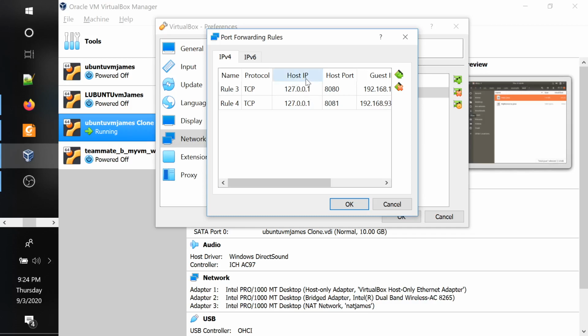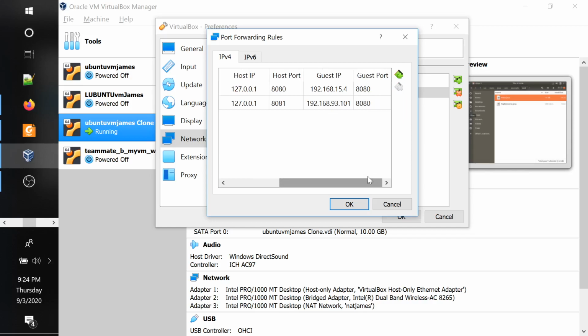So this is your host IP and this is your host port. So 127.0.0.1, port 8080. Anybody accessing this particular IP address and port will be forwarded to 192.168.15.4, port 8080 on my guest. So this is the host machine address and this is my guest machine address. So I cannot access the guest machine directly,